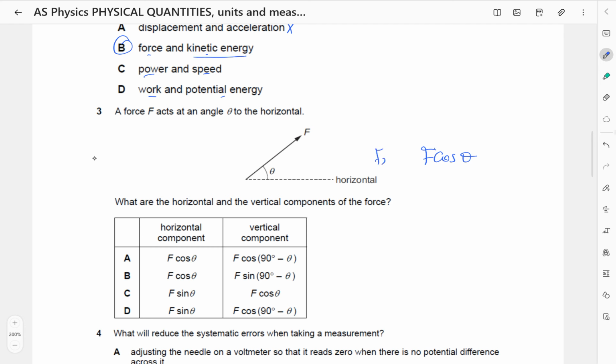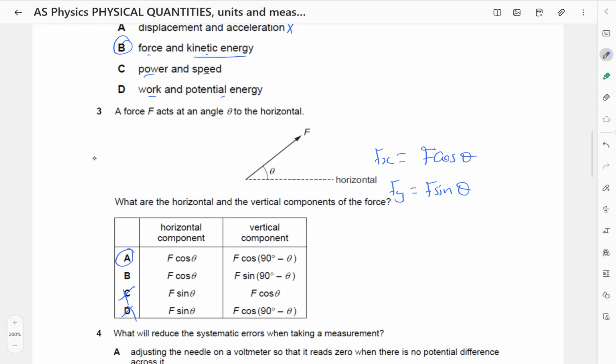F in the X. Then F in the Y is going to be F sine theta. Of course, if you're a mathematician, or even if you're not, you will notice that our answer should be A. Why? First of all, in the horizontal, we eliminate C and D because F sine theta, and these ones are showing that the horizontal is F sine theta, it should be cos. But then, on the vertical,